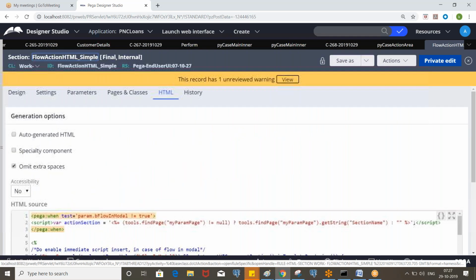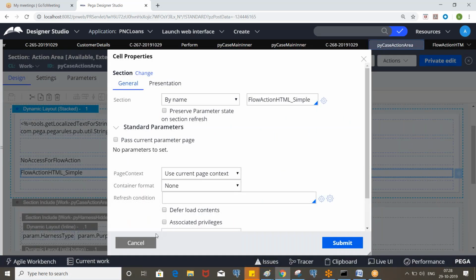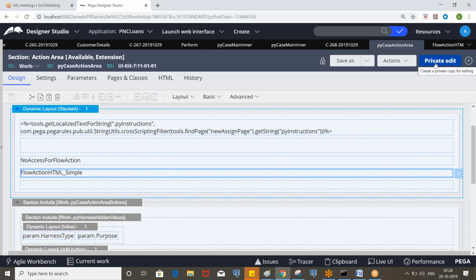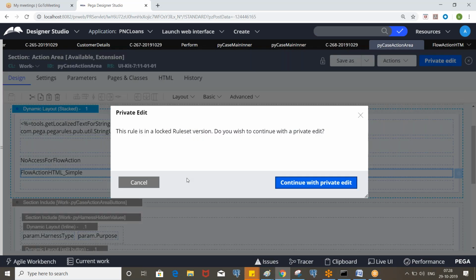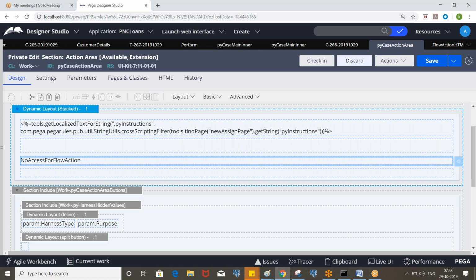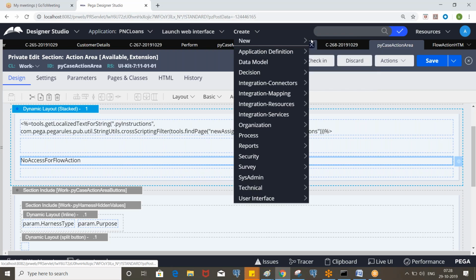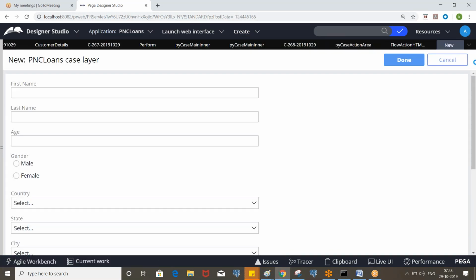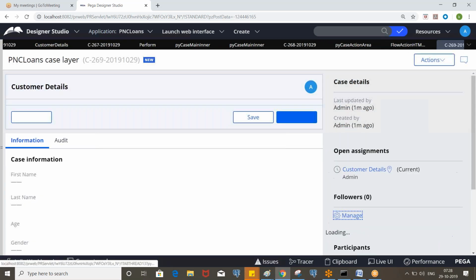So now you come to the py case action area and do a private edit, and you remove the flow action HTML simple and see whether your section is getting loaded or not, right? I removed the flow action HTML simple and just did the private edit, and let's see. So what happened?